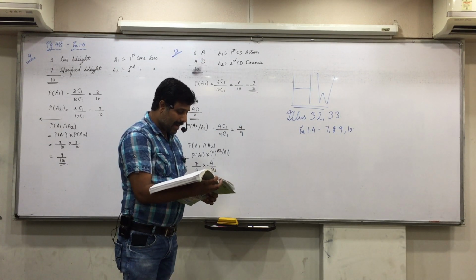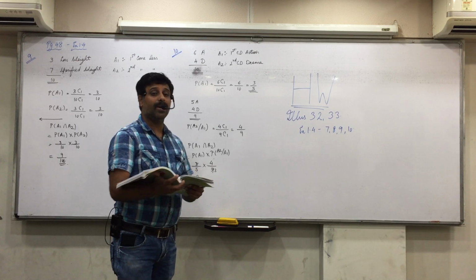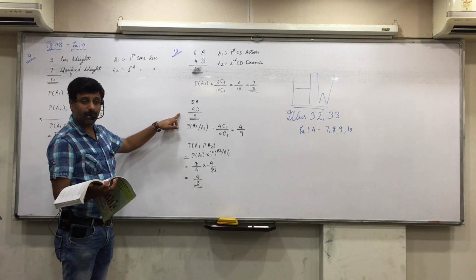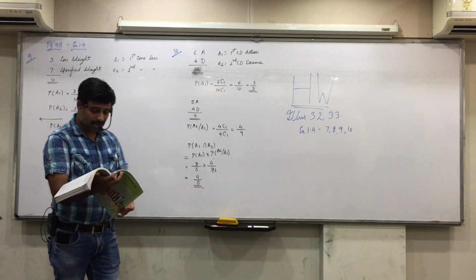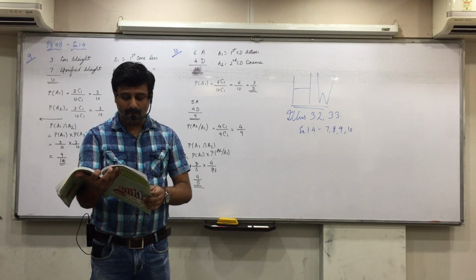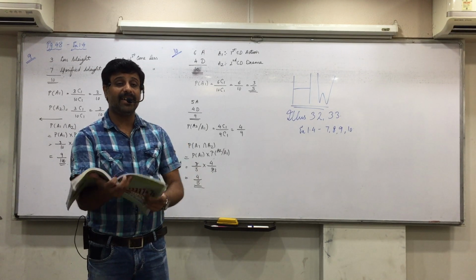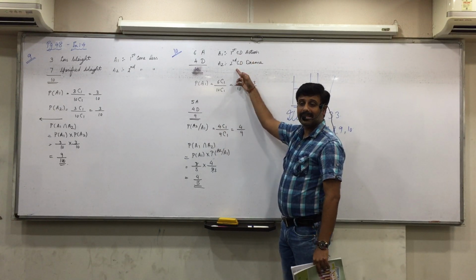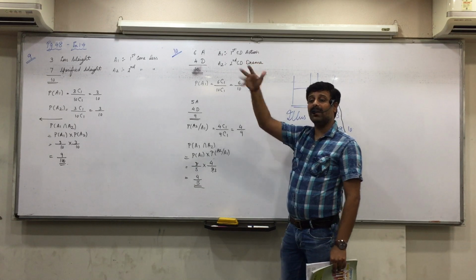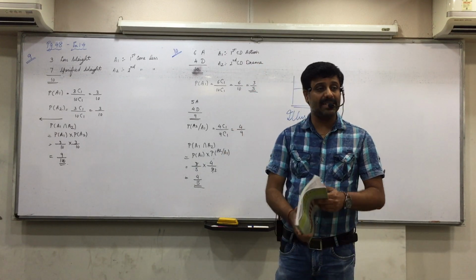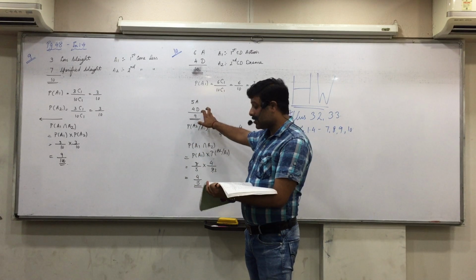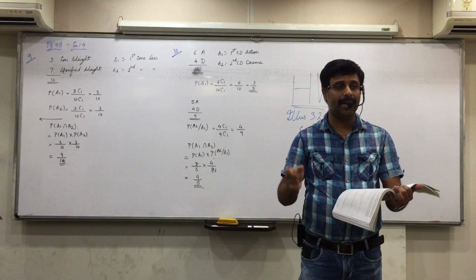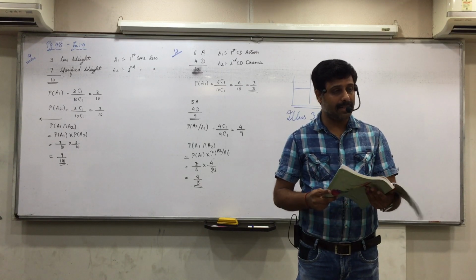Now, 2 screws are randomly selected one by one without replacement. So 2 sample spaces will come. Without replacement means second will depend on the first one. Find the probability that both are defective. Means you define A1 as first screw is defective, A2 as second screw is defective, both defective. And first is defective, so what will be your second sample space? 3 defective, 8 non-defective and 11. Is everyone clear with this?